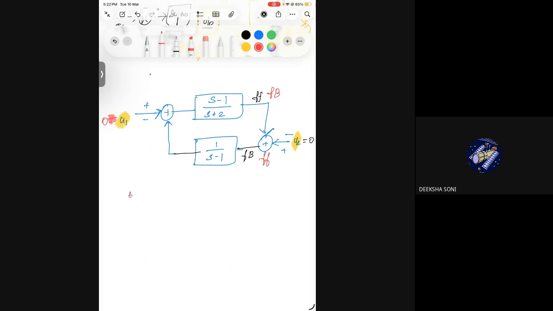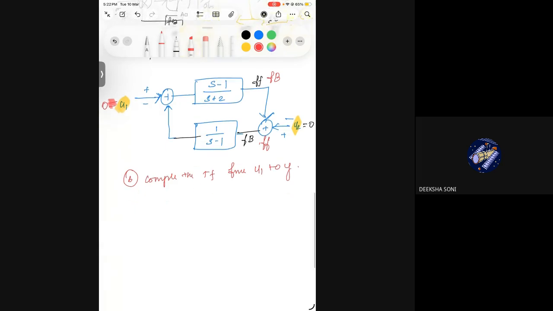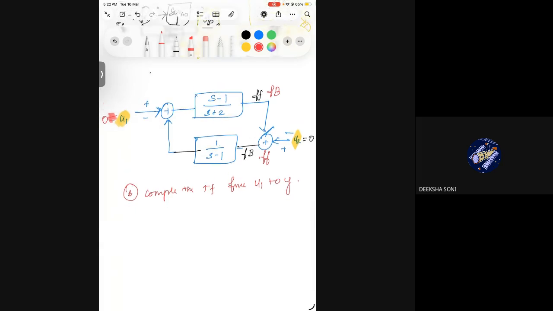In question 6, it was asked to compute the transfer function from U1 to Y. If it is not a multi-input, multi-output system, generally whatever input the transfer function is asked for, the other inputs will be considered 0 while writing the transfer function, because the transfer function is always written with zero initial conditions. There will not be any other inputs except the one you are considering. Now, when you consider U1 to Y, this is going to be the flow,